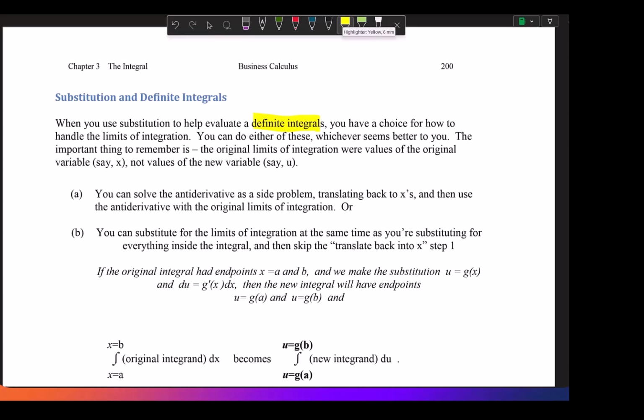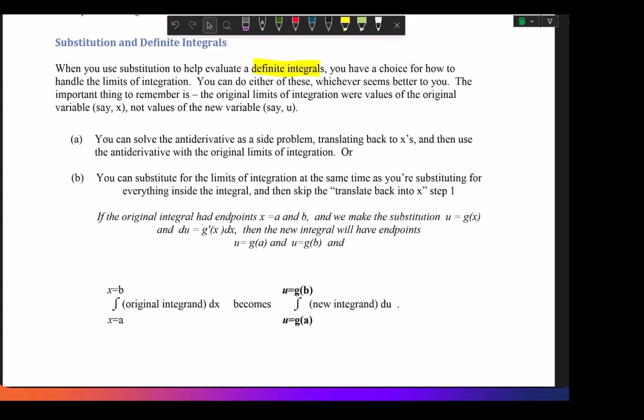The important thing to remember is the original limits of integration were values of the original variable. In our case, mostly we use x. But when I substitute to u, they're no longer equal. u and x are not equivalent. You can solve the antiderivative as a side problem, translating back to x's,